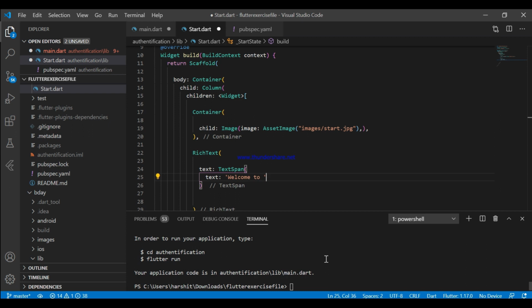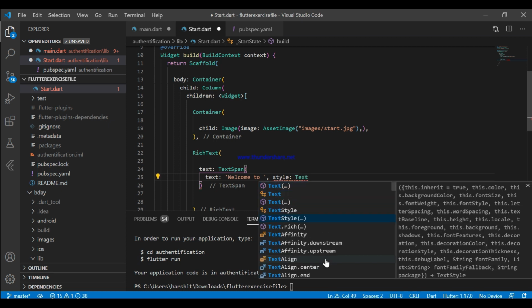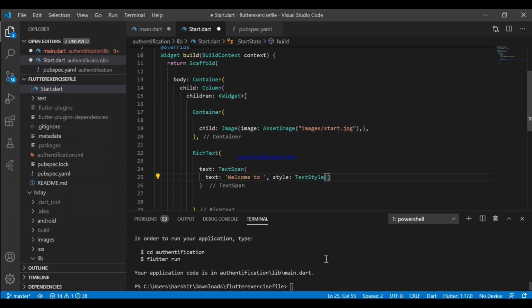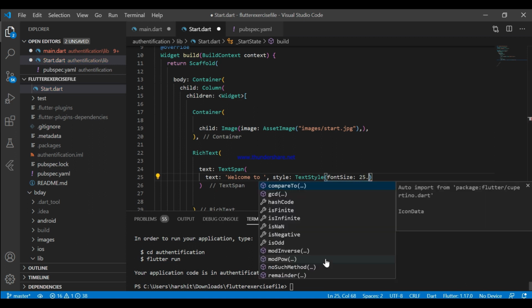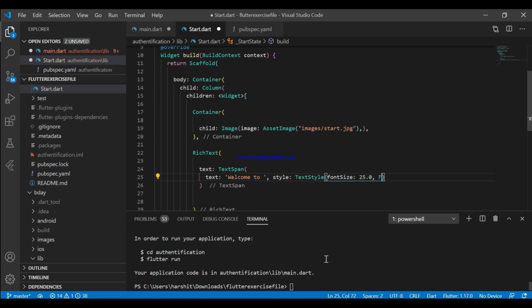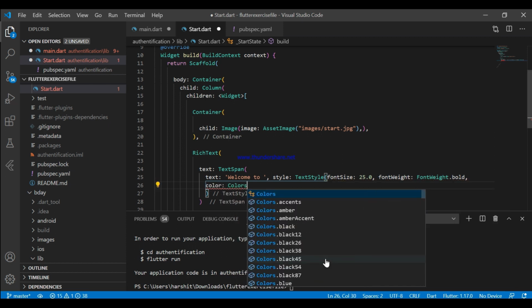Welcome to. Let's give some styling to this welcome to text. Font size of 25 will be sufficient. I want bold text, that's why I'm using font weight dot bold, and a black color.